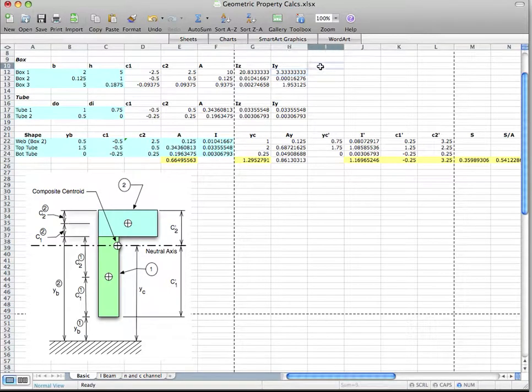And I didn't do it, but I should also put J. We can do J, because J is actually just equal to the sum of the X and Y area moments. So I can actually compute J for all these as well. All right. This is the same thing, just doing the same operations, but for a tube. Okay. So you can insert rows and add other